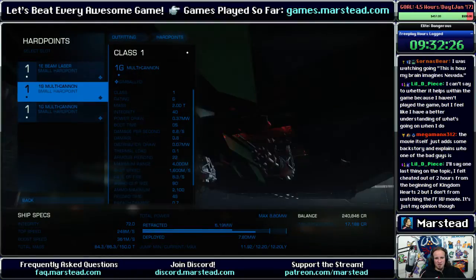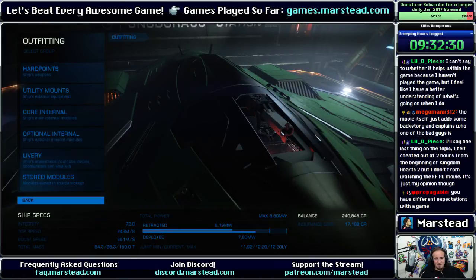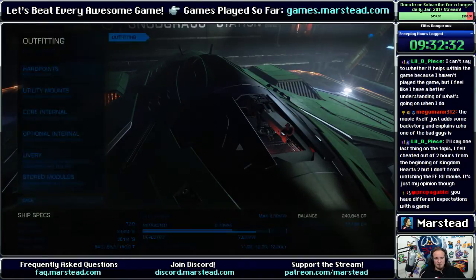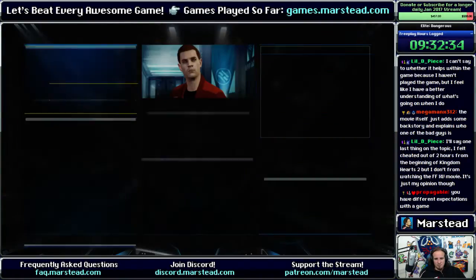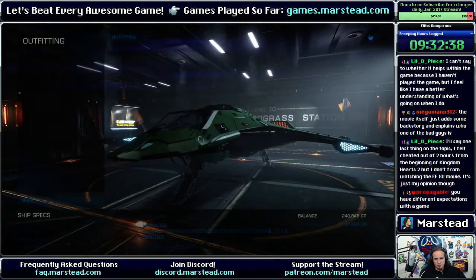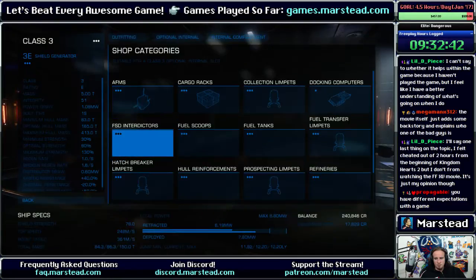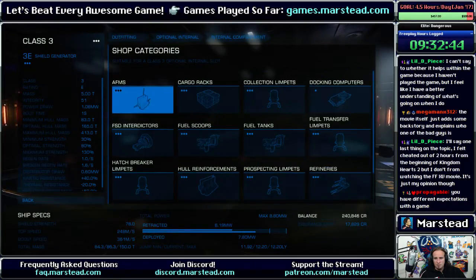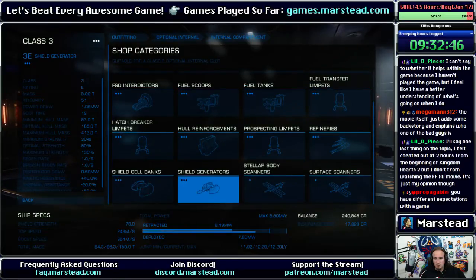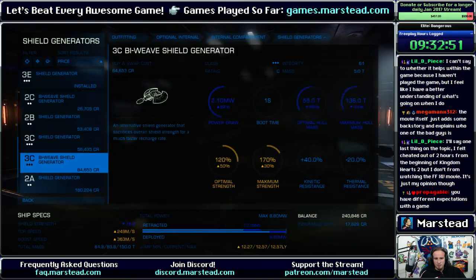All right, I've got 2 multi-cannons that are gimbaled and a gimbaled beam laser. All right. Go to the optional internals and get a 3C shield generator. Okay. And you're done. Cool. I'm pretty sure. Then I'll look for a mission piece. Although you should probably put a mostly